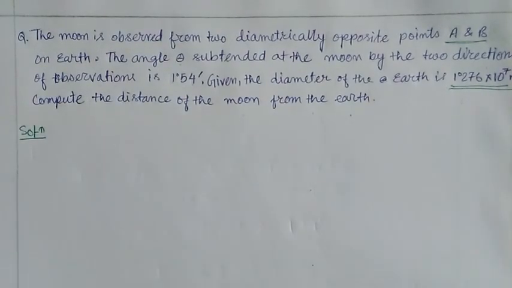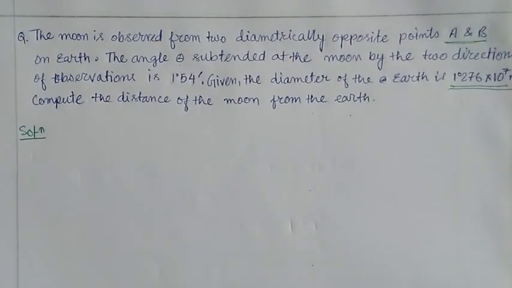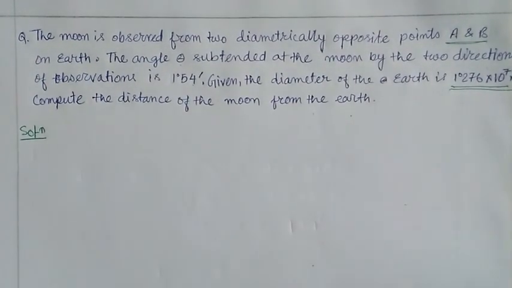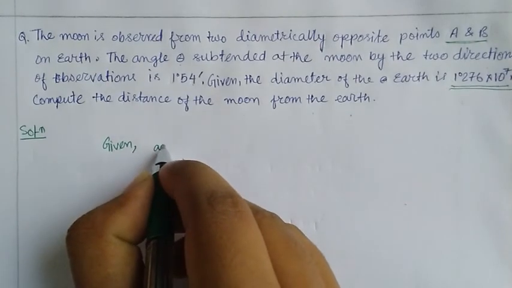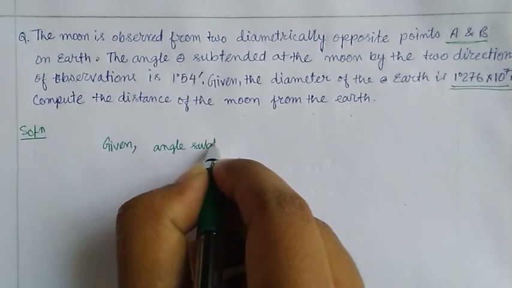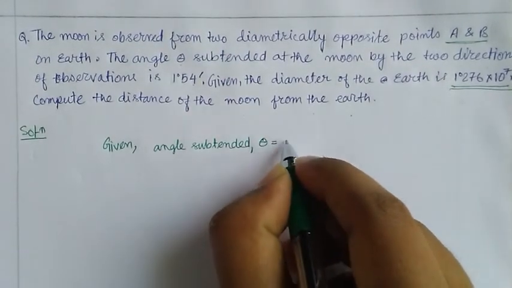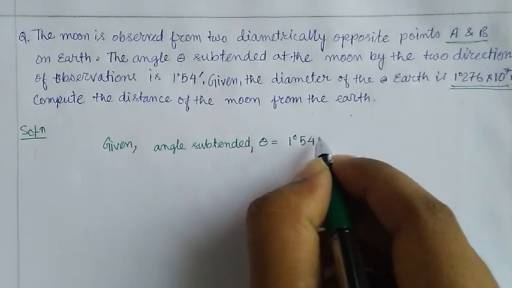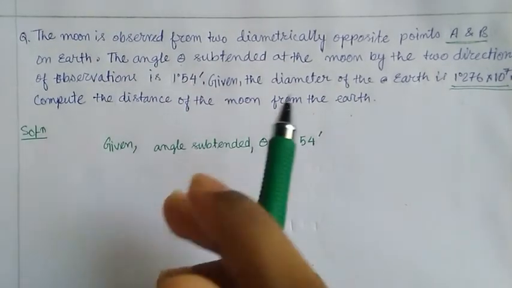Now, we cannot calculate this distance with a scale, can we? We cannot take the scale to space. So we'll need to use another method to solve it, and we can solve this by using that parallax method. Now, like any normal problem, let's check what are the given facts here. The given information are the given angle subtended theta is equal to 1 degree 54 minutes, and